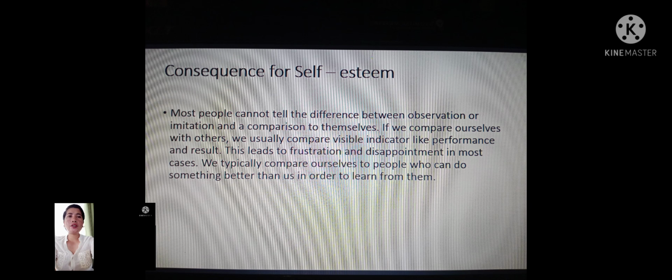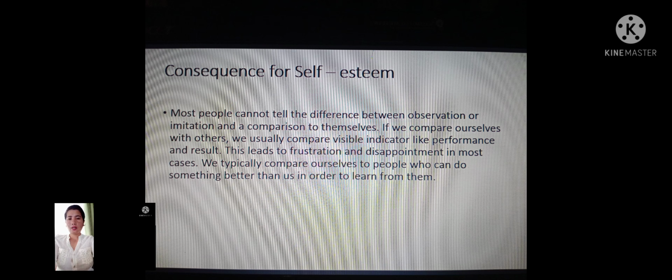So the fifth one, we have the consequences for self-esteem. Most people cannot tell the difference between observation or imitation and a comparison to themselves. If we compare ourselves with others, we usually compare visible indicators like performance and results. So this leads to frustration and